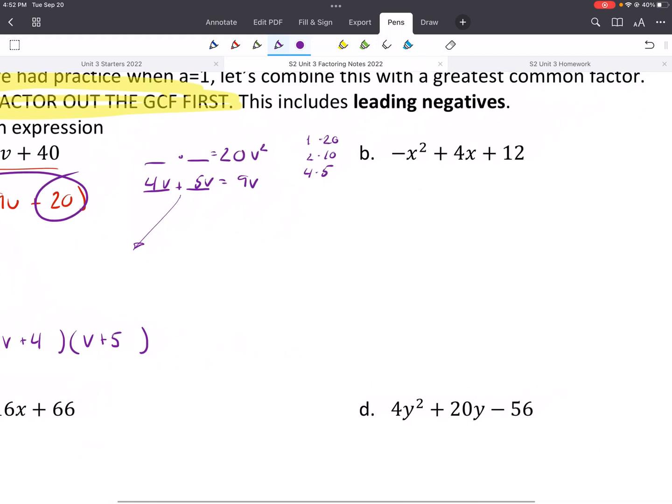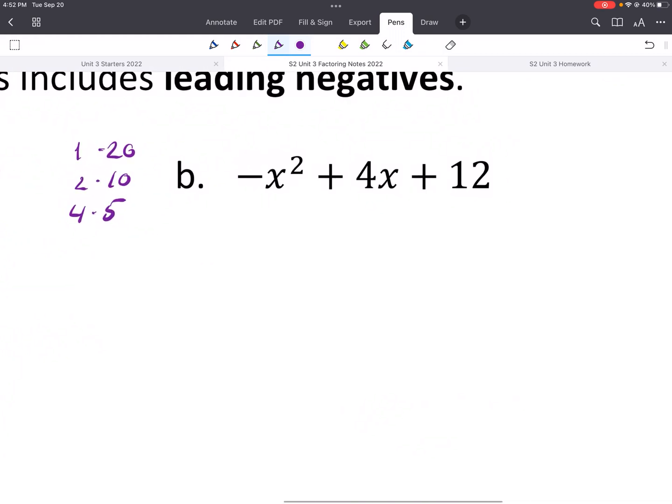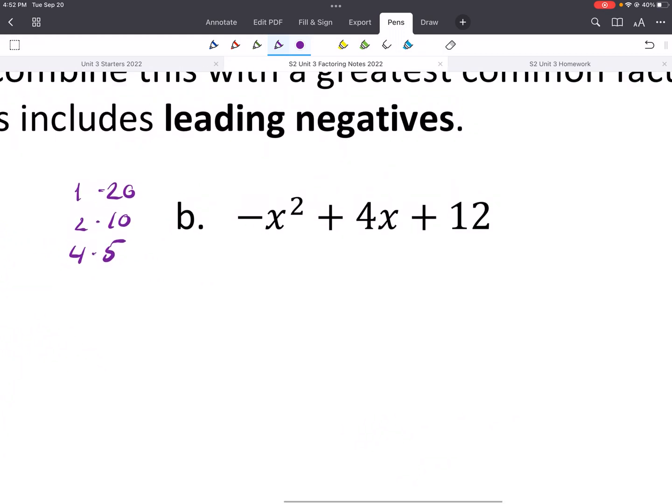All right. This is a common mistake that people have, again, if the greatest common factor is just like a leading negative, people will forget it half the time. Okay, so here we have a leading negative. We'd want to factor that out first. Again, when you divide it by a negative, it's just going to change all of its signs. And then we will do